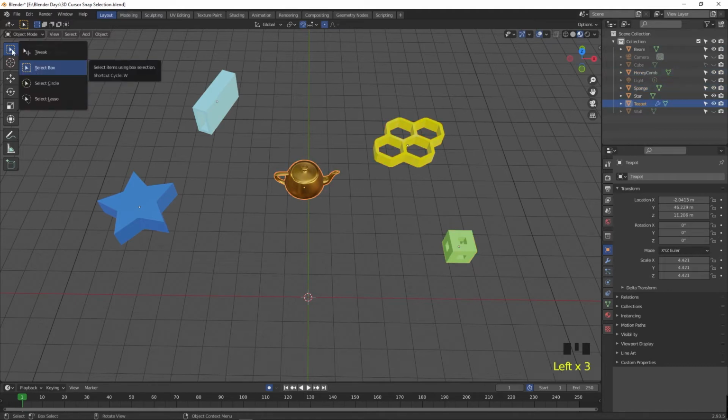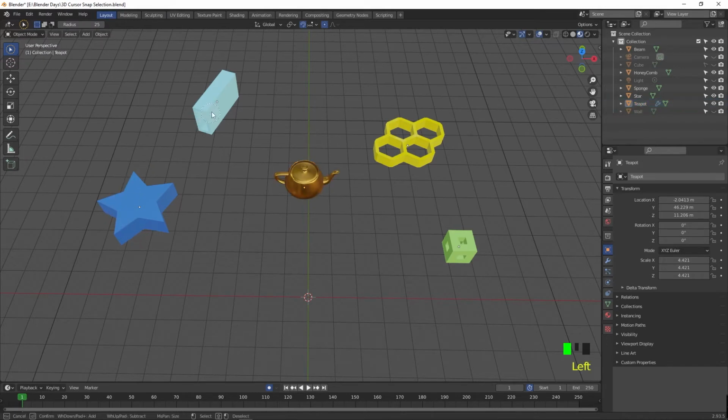Now select the Select Circle tool from the toolbar. Click and drag on objects to make selection. Hold Shift and focus on the arrow with the dotted circle. When the circle hover on the pivot point of the object, then the object is selected. When the circle hover on the object surface, it is not selected. To remove the object from selection, just hold Ctrl and drag on object. It will deselect it.